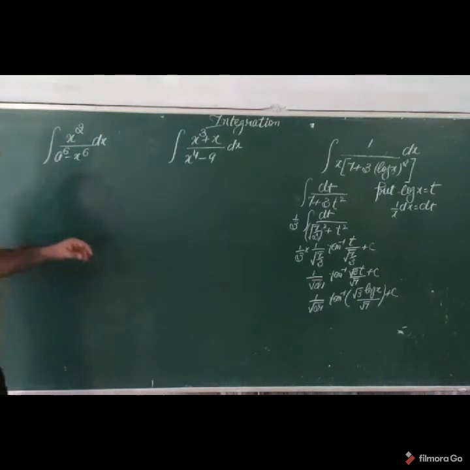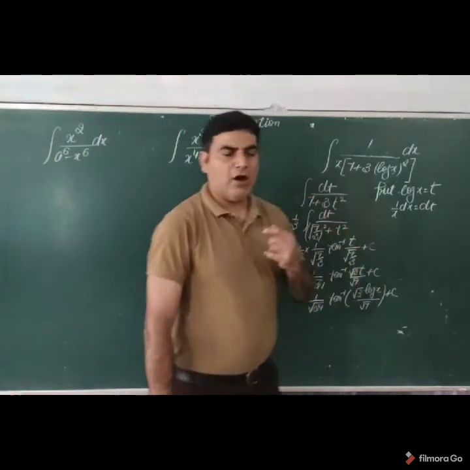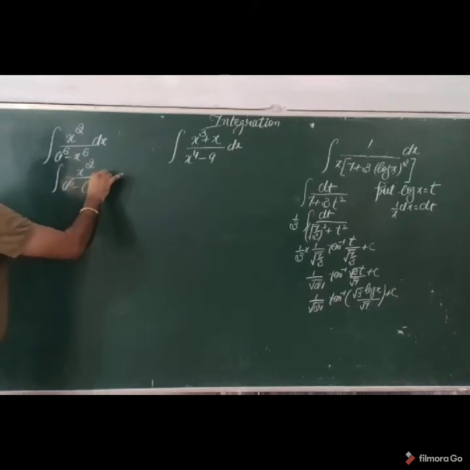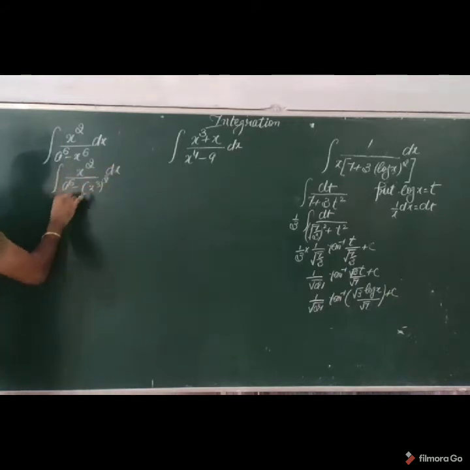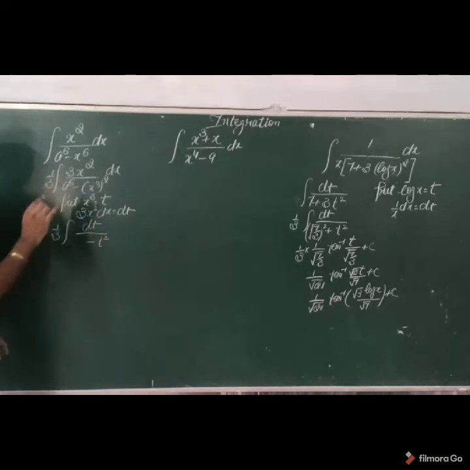In the same way, if we see here, we know the rule only for highest power 2. So we have to convert x raised to power 6 into x square. How can we convert? We can write the 6 power as square of cube. Means we can write like this: it is a square of x cube. Making it a new variable, putting x cube as t, so that will become 3x square dx is equal to dt. If you see here, x square dx we have, but 3 is not there. So multiply by 3 and divide by 3 to balance out. 1 by 3. After the value goes in dt, this value becomes t square, but it is not a perfect square.